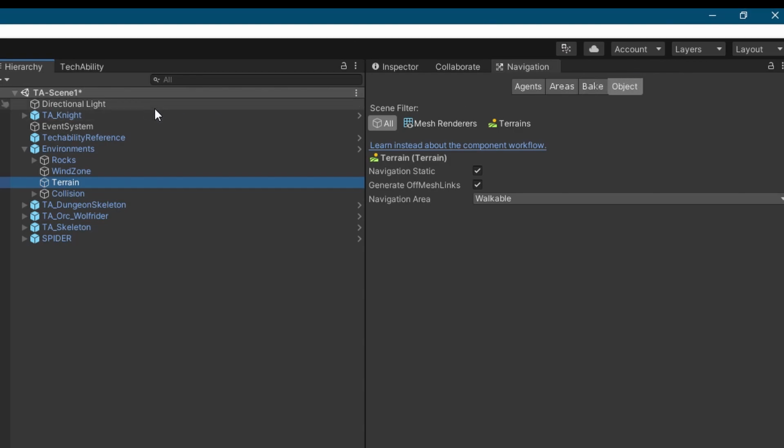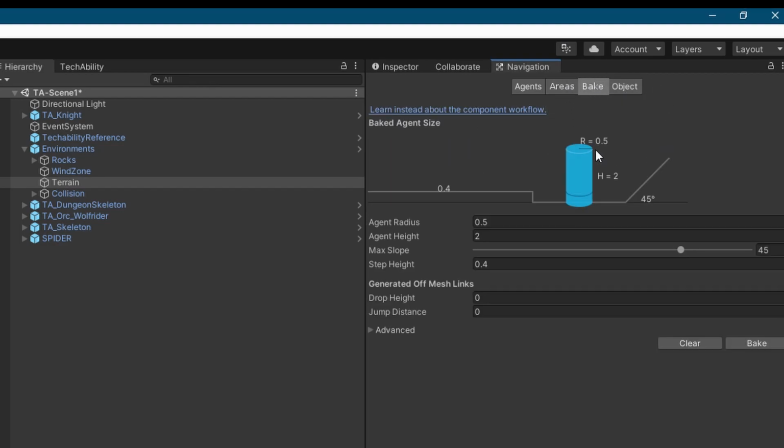So with this terrain selected, we want to make sure that we have navigation static checked, properly checked. We don't want it to be empty, because then it won't recognize our terrain as walkable for our AI. So we make sure that is checked, and then we go to the bake button here